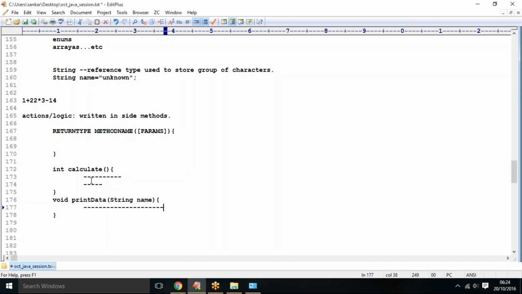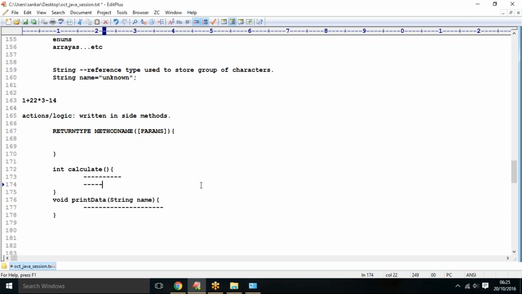Here this is a parameter, so I am passing a parameter. This is a method, so this group of statements comes under this method. So what is the purpose of the method? Methods are used to hold a group of statements which are used to perform some actions. If you want to write any logic, you have to write it inside a method. Just opening a class and starting to write the logic is not good. So you have to write the logic inside a